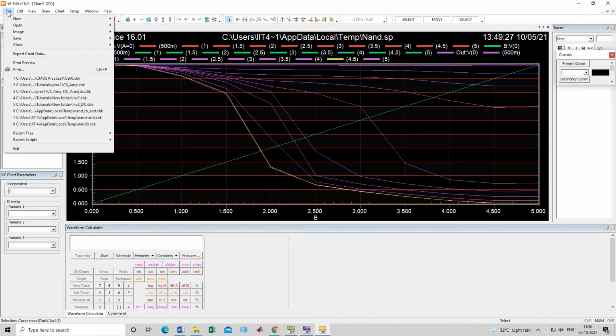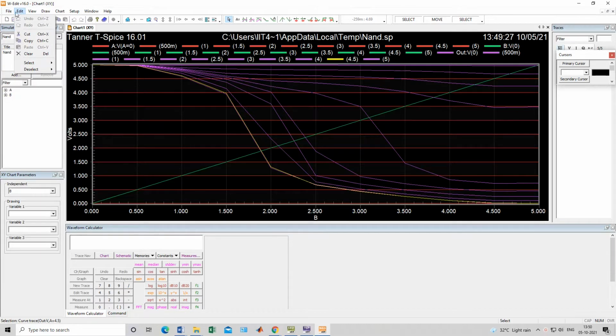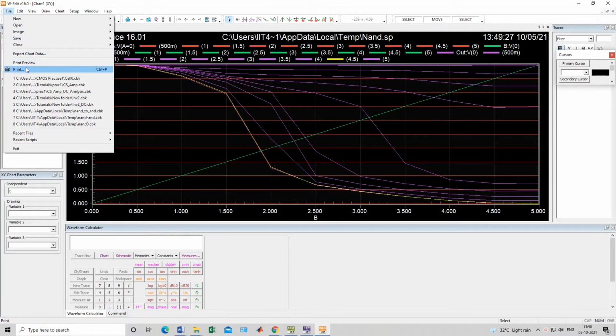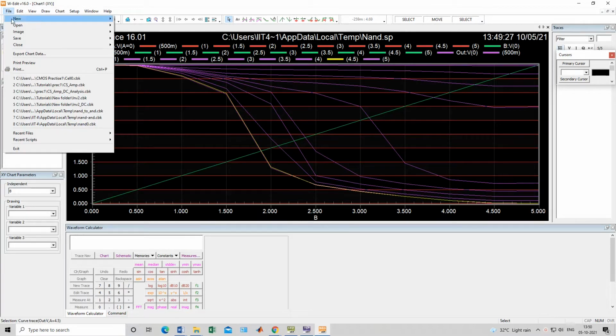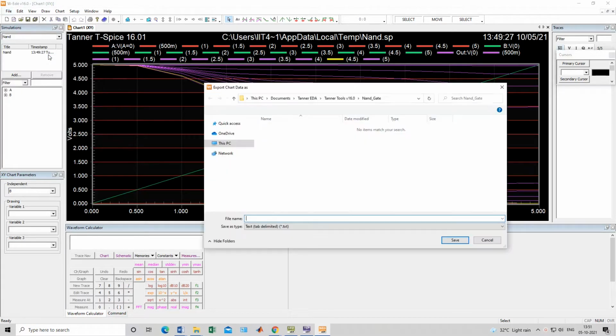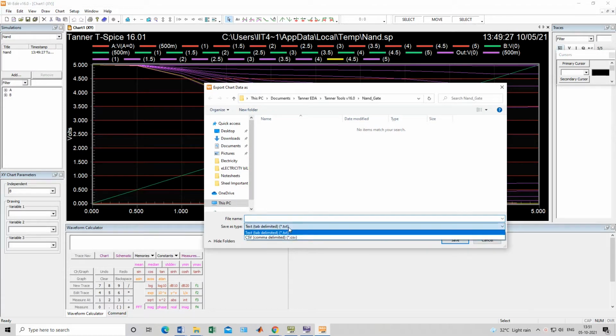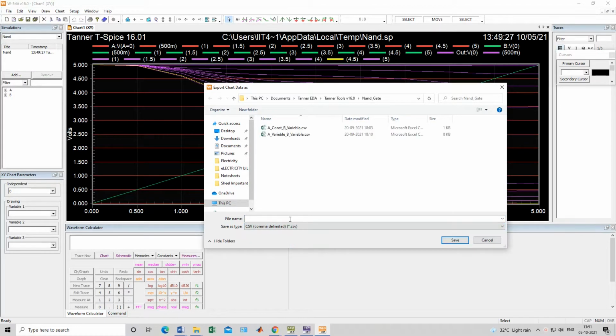You can download this data in Excel sheet format also. Let me show you. Print edit view, then export data from here. Go to export data, and below this you can choose the .csv file format.